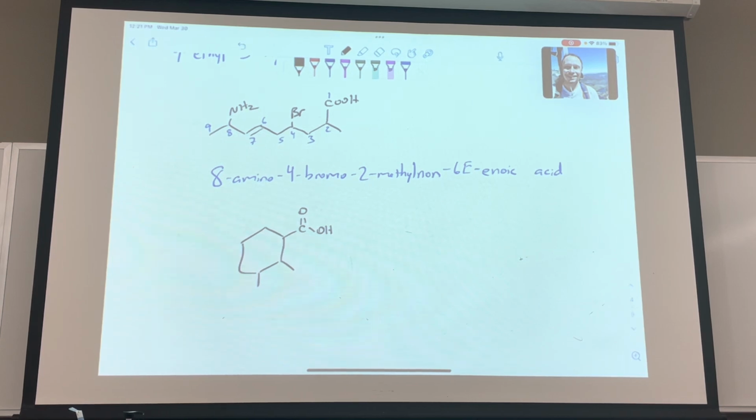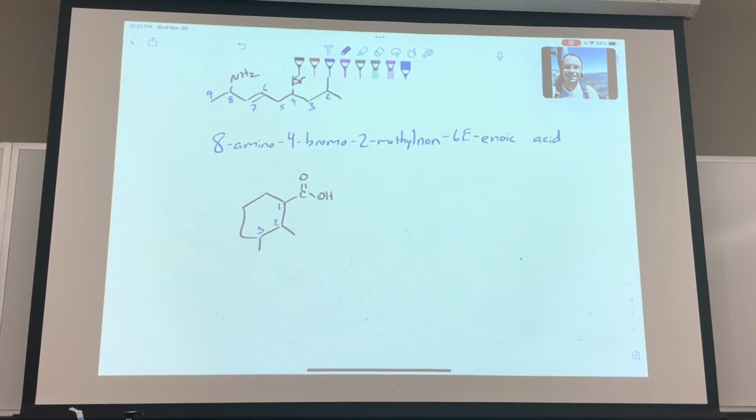So to handle this, we're gonna number the ring starting at the carbon that has the carboxyl group on it. So this is gonna be my 1 position. And then you just follow the normal rules of rings. We can number clockwise or counterclockwise. In this case, you're better off numbering clockwise, so the substituents have the lowest possible number. And so I'm gonna name the substituents first. So we call it a 2,3